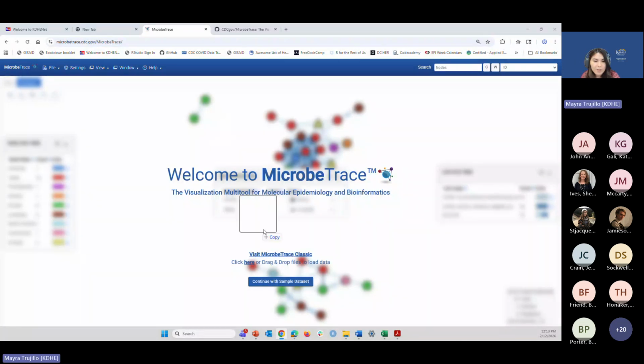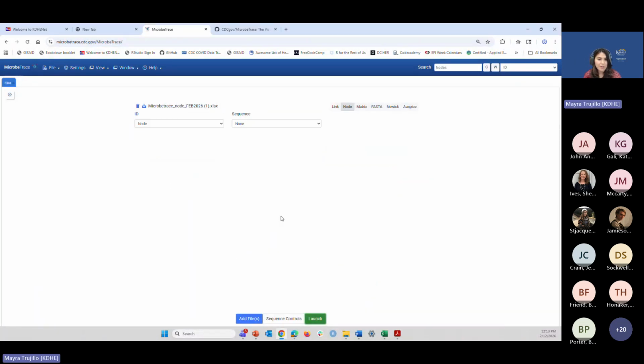And I'll start out slow by showing you the node list first and how we customize that. So here we see that right away, MicrobeTrace has identified this Excel spreadsheet as the node list, as you can see here. If this had been incorrect, we would have just chosen the correct file type by clicking on the tab